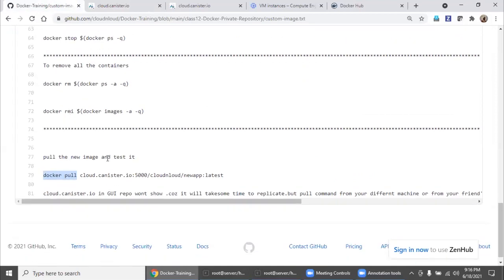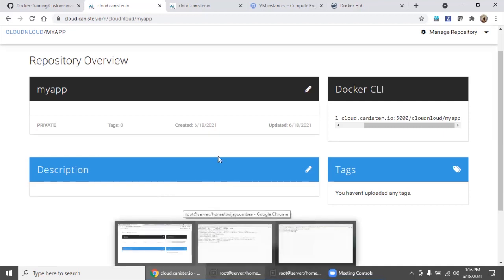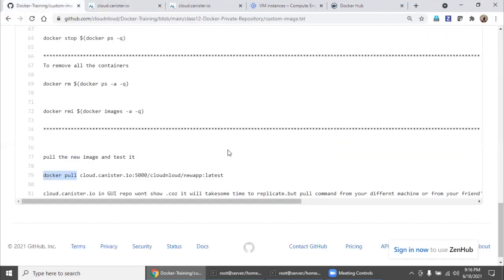Go back. This is what I just mentioned: even if the GUI is not showing it, the pull is successful, which means whatever steps we completed are correct.